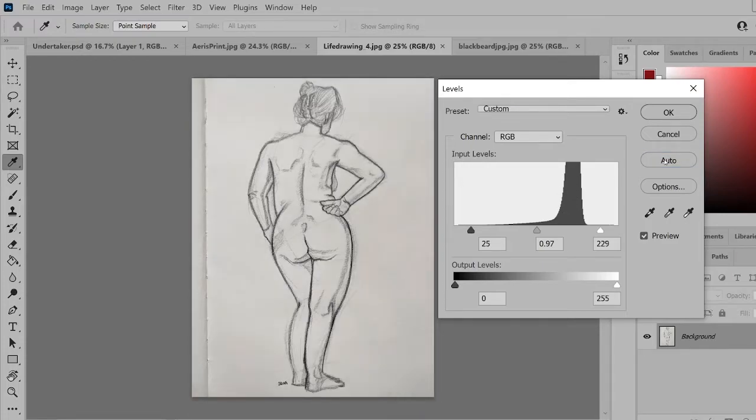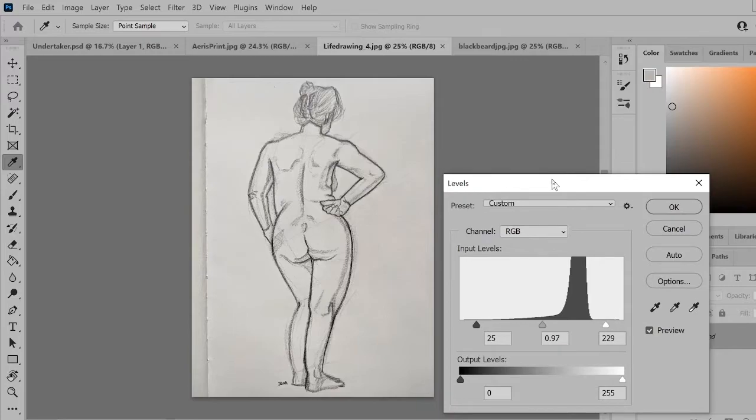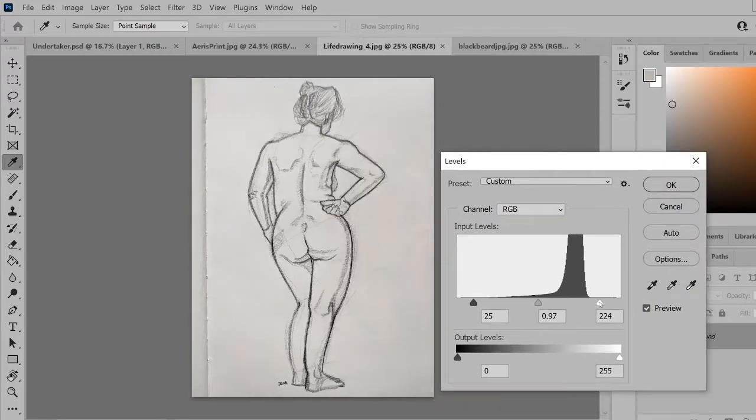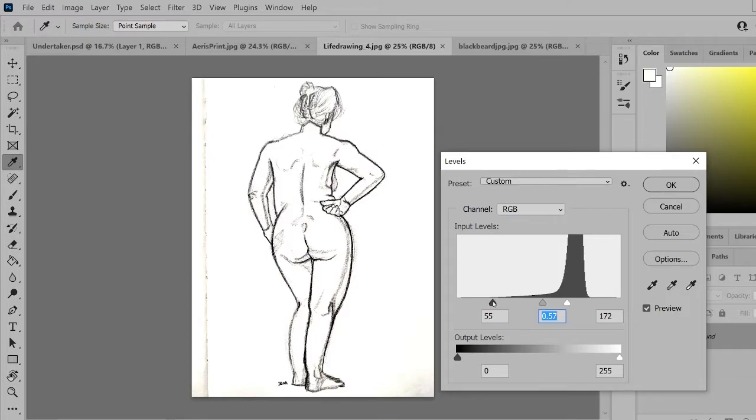Again, you can hit auto if you want and it will just shift things along a little bit and balance it out some more. However, let's say you want to get rid of the tone of the paper, which is sort of this light grey. You can take the white slider and bring it over, and you'll notice that these greys now are white. And then you can really punch up some of the darks just by, again, messing with the sliders,